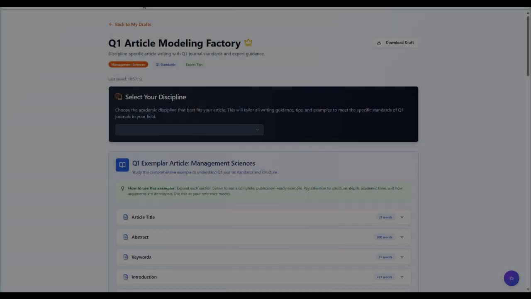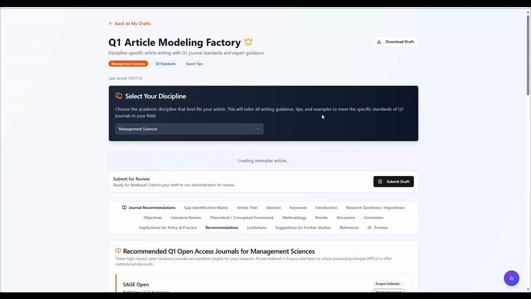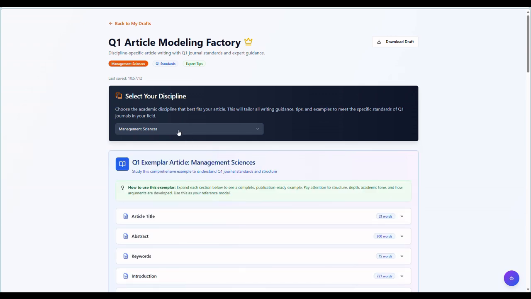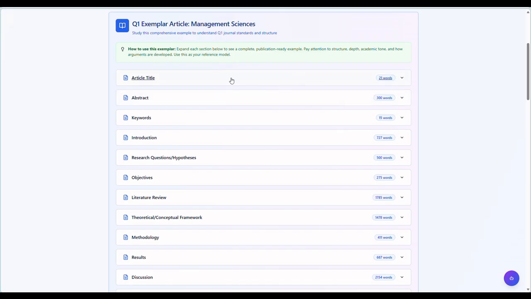All right. I'm sharing my screen with you now, and I want to show us how we can use it to our own advantage. Can you see management science on my screen? Yes. All right. We have been able to create an article that will serve as an exemplar for you when you are writing.